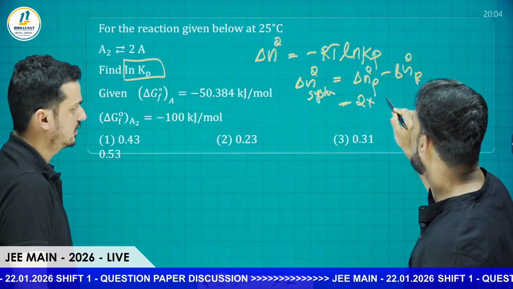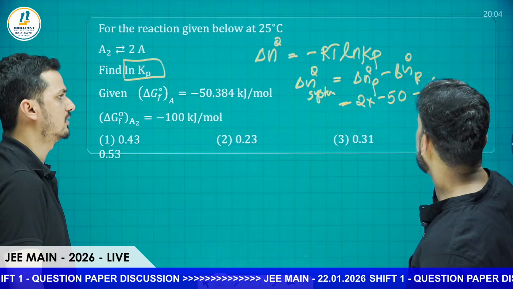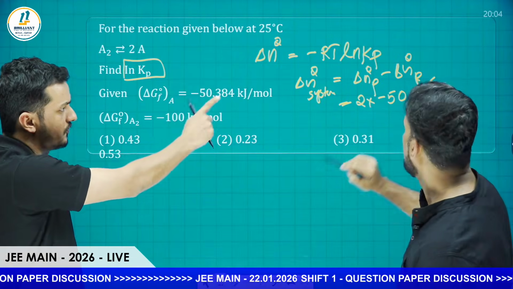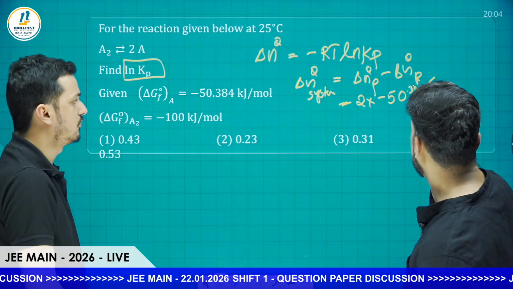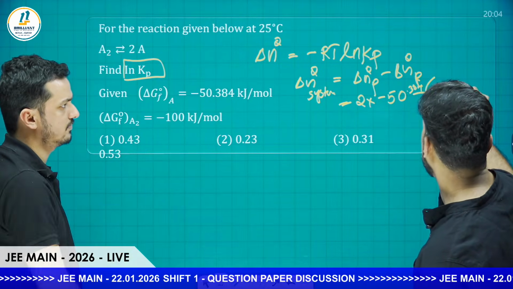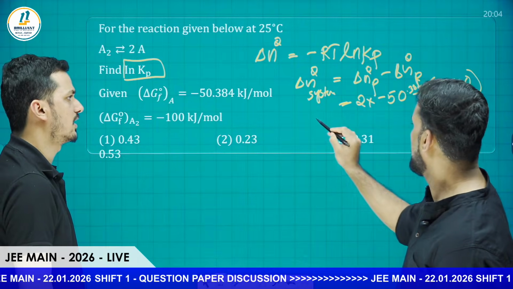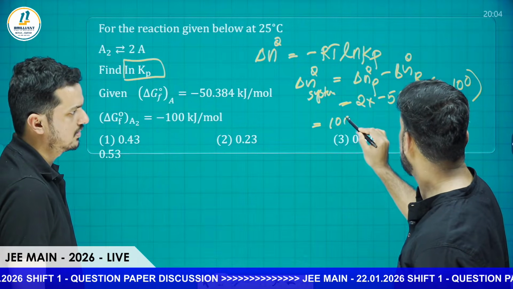50. So 2 into minus 50.384, minus of minus, okay, minus 50.384 is there. Minus 100, minus of minus 100 will come. That means we can write like this one, 100.7